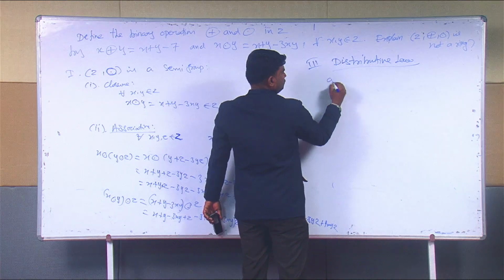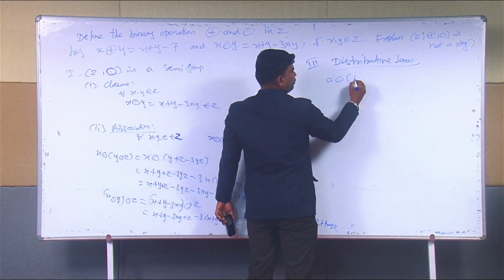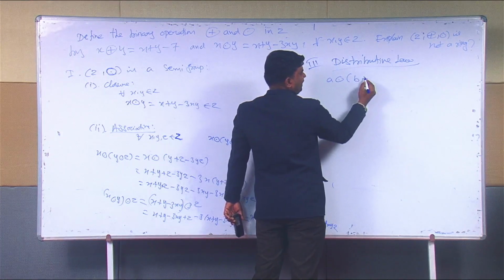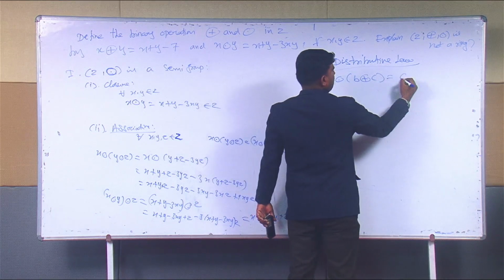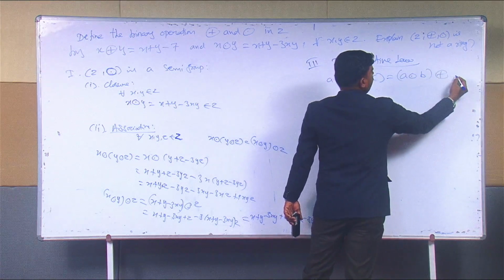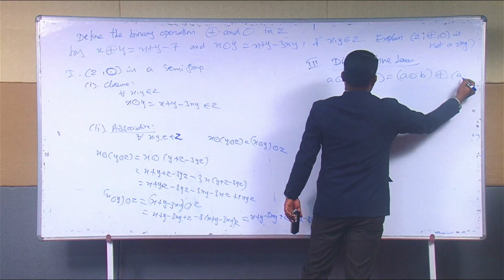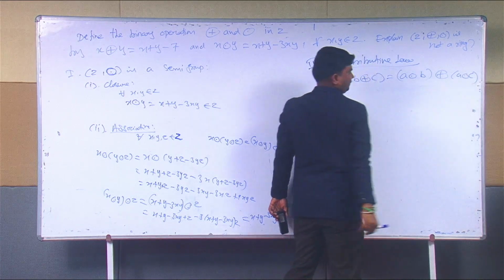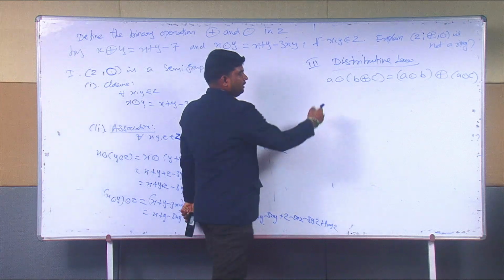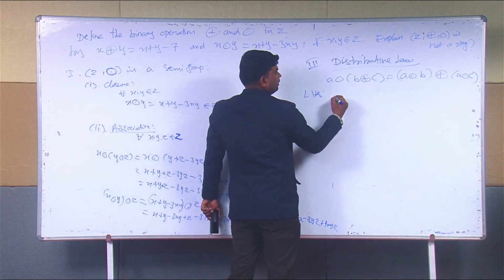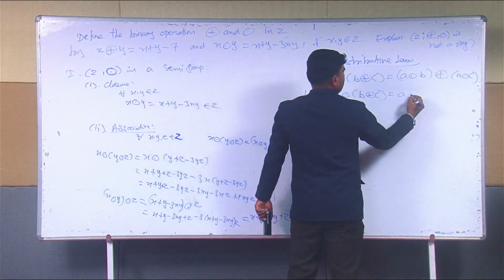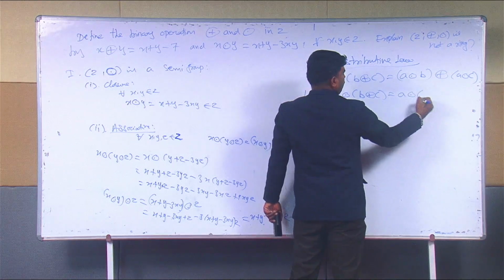Distributive law. So the distributive law is: A multiplication modulo (B addition modulo C) is equal to (A multiplication modulo B) addition modulo (A multiplication modulo C), that is, A dot B plus A dot C. So now take the LHS. A multiplication modulo (B addition modulo C) is equal to A multiplication modulo